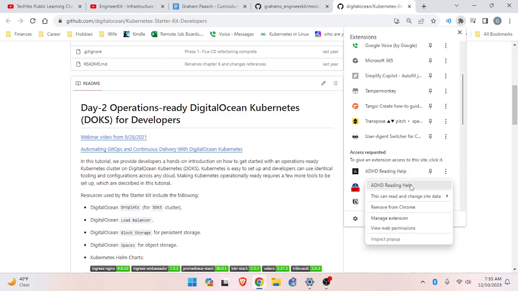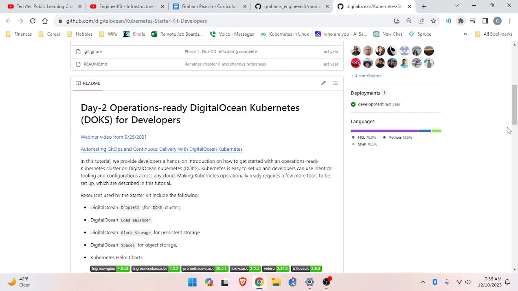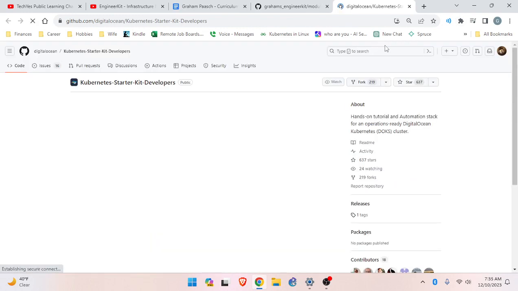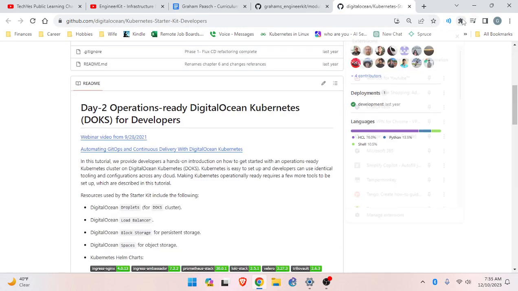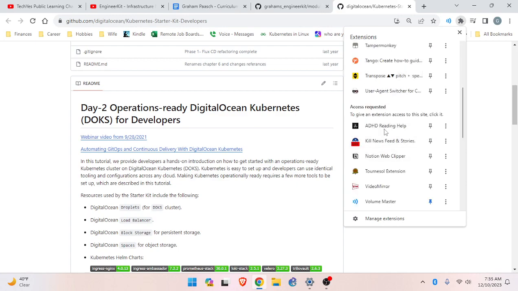It looks like something is really going wrong. It looks like it's more than just the extension itself. It looks like something is going wrong with my actual computer because I can't click on these. Yeah, it's not so simple.